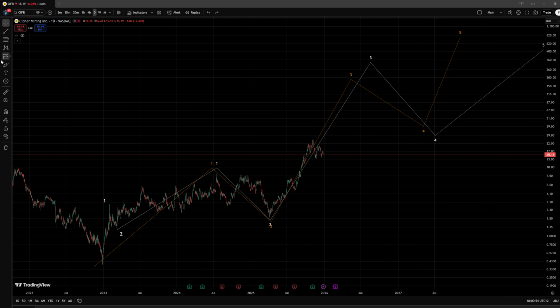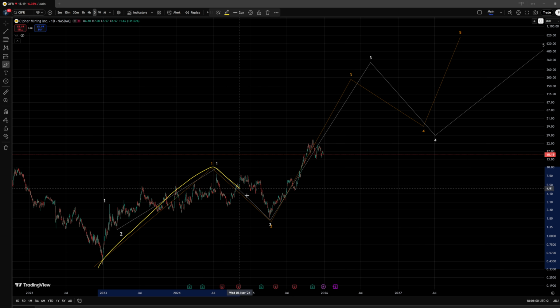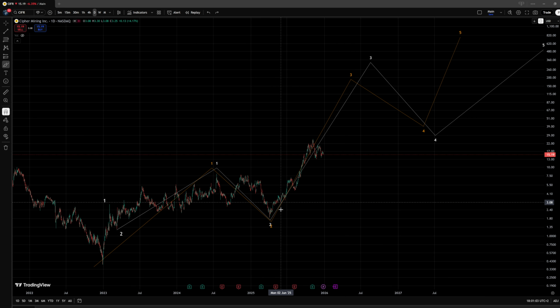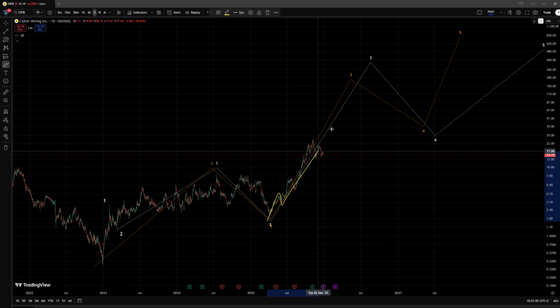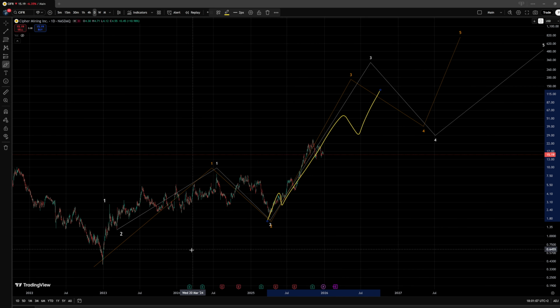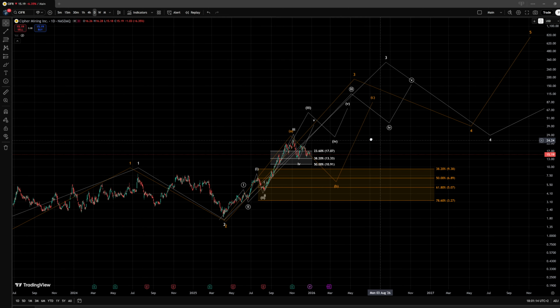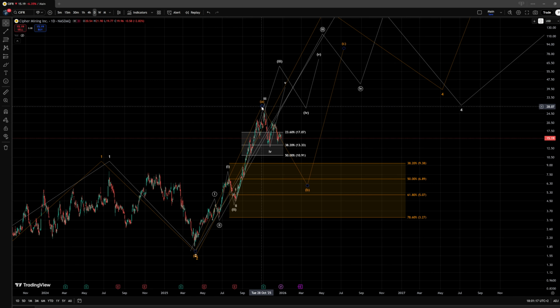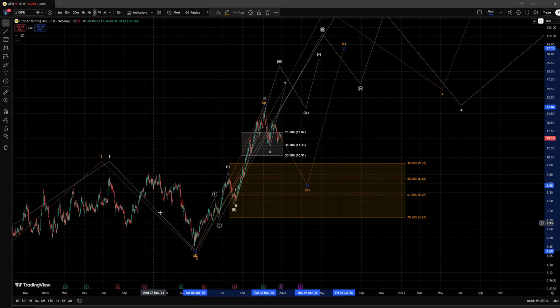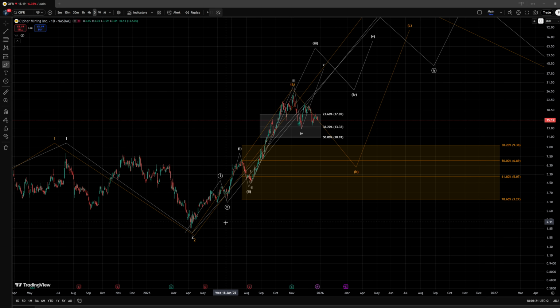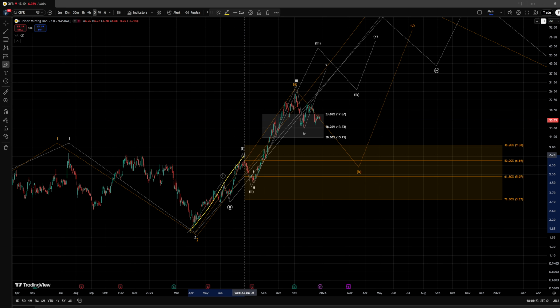Now, in a realistic expectation of this chart, we need to be aware that this could in the end form a larger ABC movement itself, in which case, after completing internally a 5-wave structure to the upside, we have a complete pattern in terms of a correction. Internally, in the orange interpretation, the wave A could be complete at any point, even now, because I could very easily consider this to be an A wave up, a B wave down, and then a C wave to the upside to complete it.